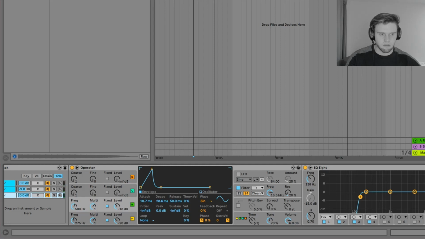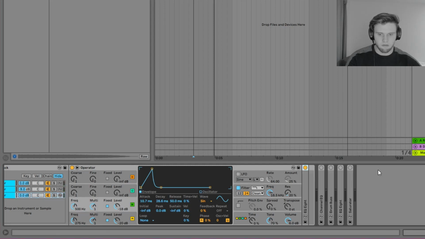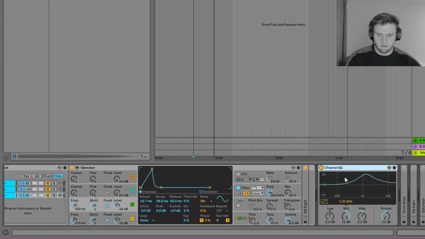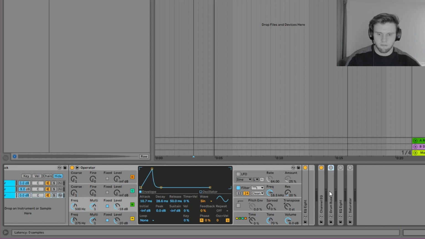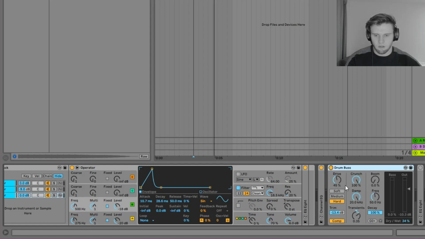Bring you along again, I can show you the processing on this. So I've just raised it around 1.5K. Really like makes it snappy, cut through the mix. With this drum bus I've got quite a lot going on. I've driven it, set it on the hard setting, compressed it, brought it down by about 12 dB, added loads of crunch, took away the damping, added more transients so it really cuts through. And it was really loud, so I brought down the output volume and then brought down the dry wet,